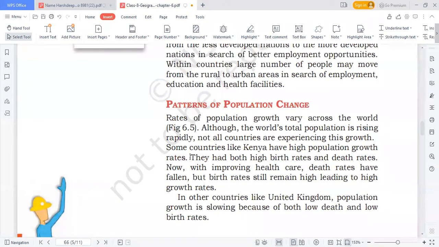The pattern of population change may be negative or positive. Negative means that birth rates are increasing, but compared to the birth rate, death rates are higher. It happened once in one decade of Indian history, from 1911 to 1921, when the total number of deaths was greater than the number of births. The reason behind it was